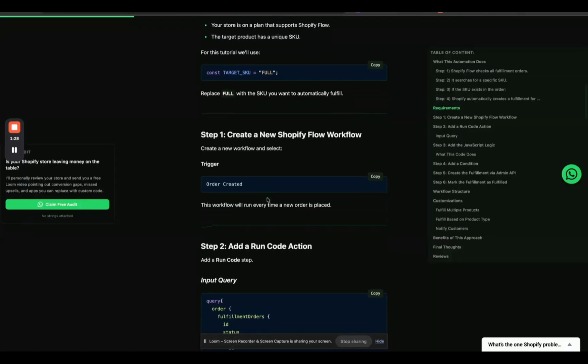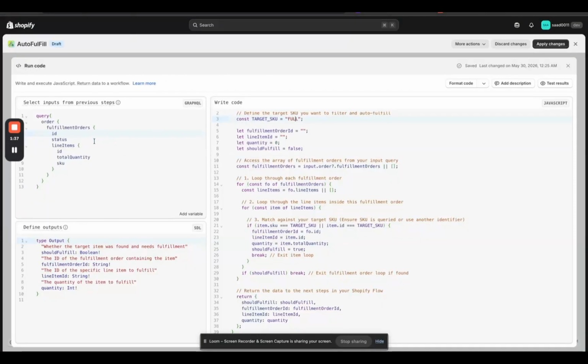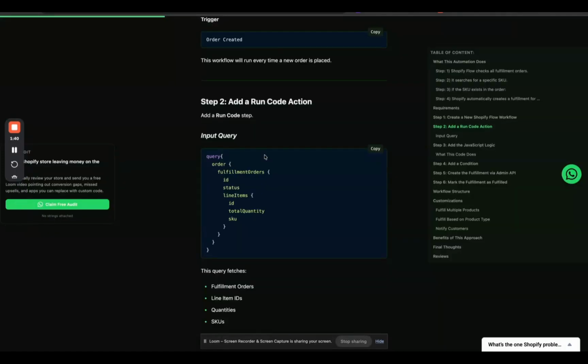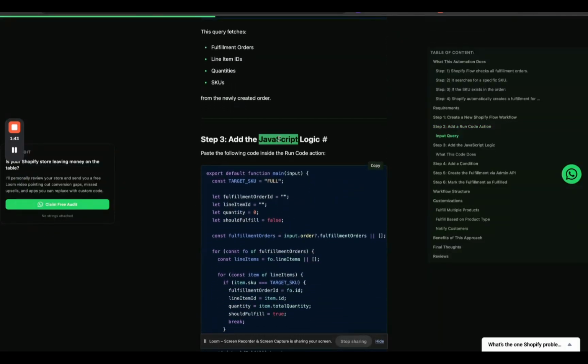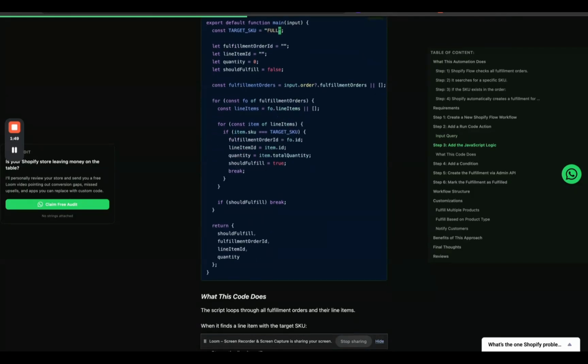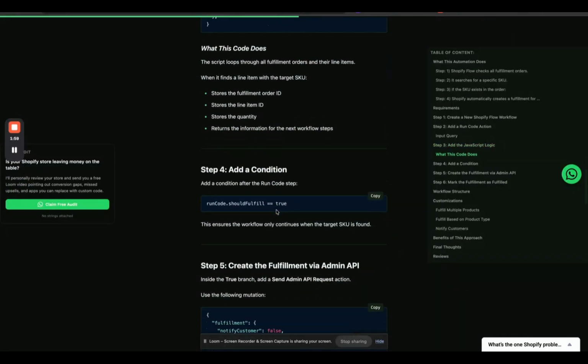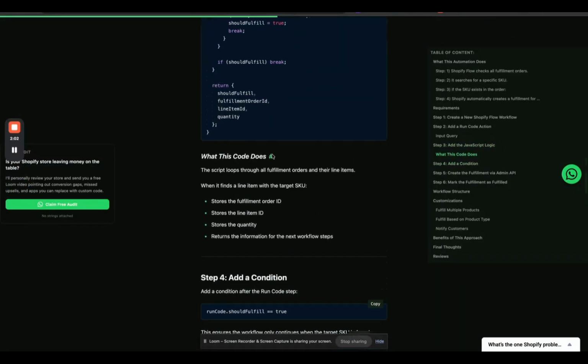So once the order is created, in the run code action, you can use this query, and after that you need to add the JavaScript logic. So here you can see the target SKU is the full, and you can copy and paste it right here, and after that you need to define the outputs like this. And once this is done,